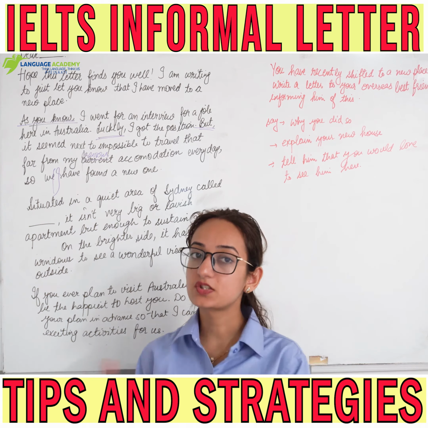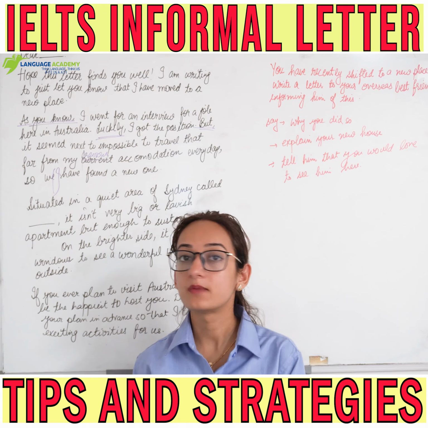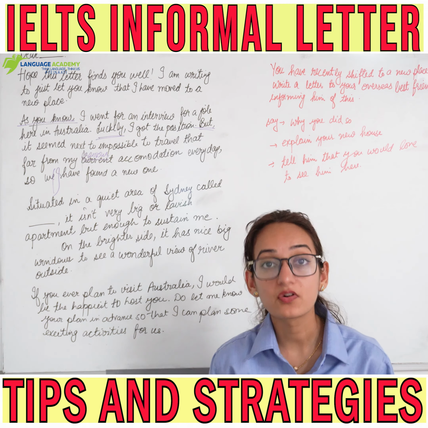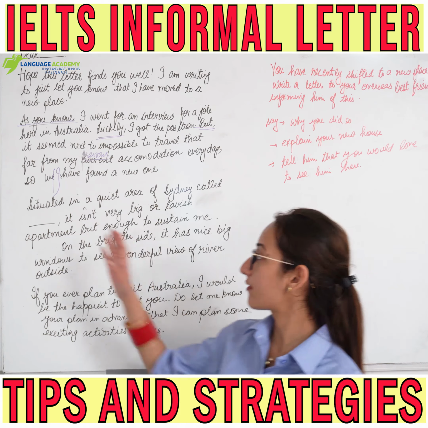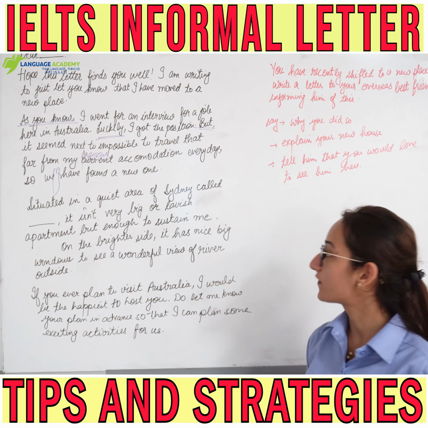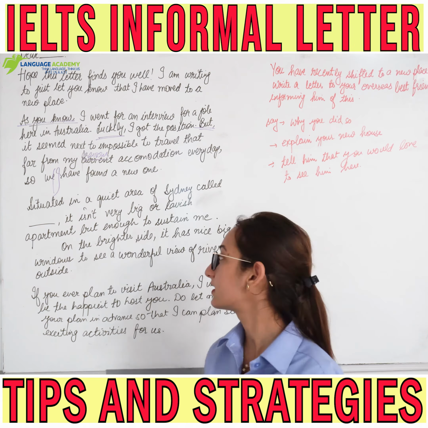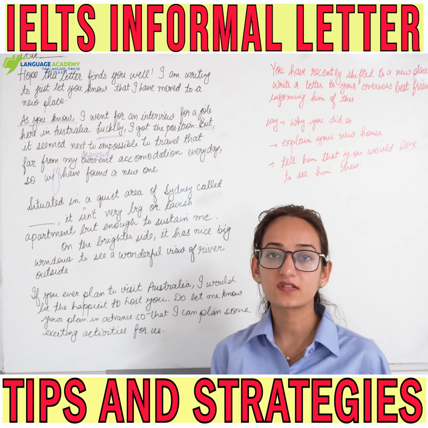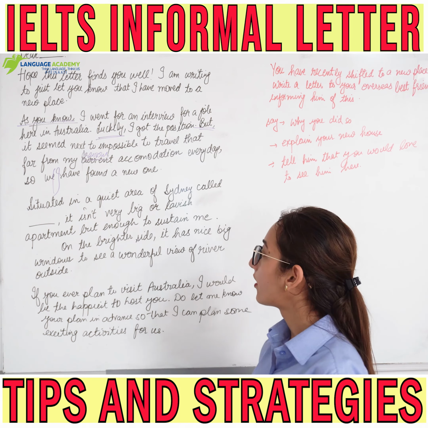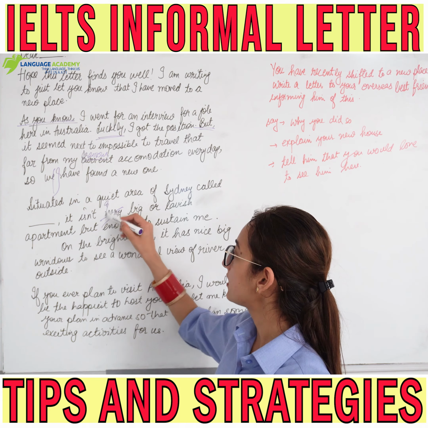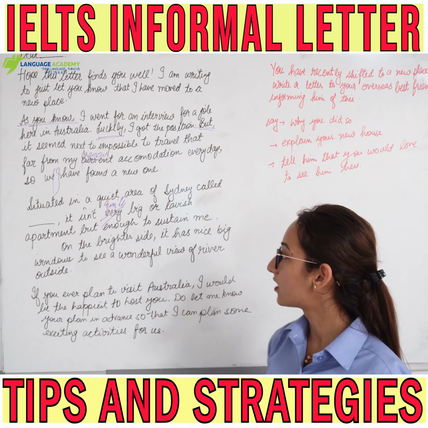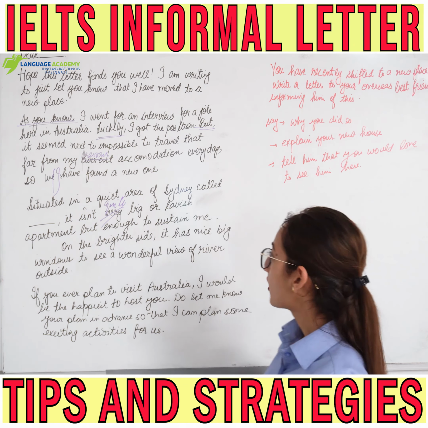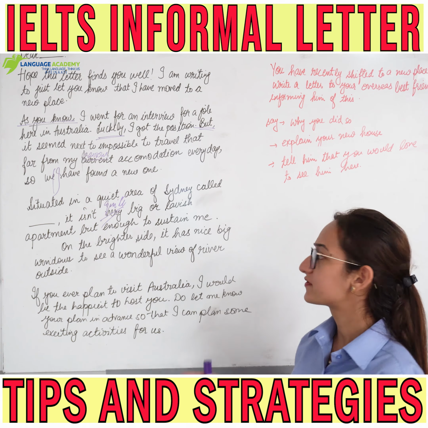So it is situated in a, then that place will again be a simple sentence which we can avoid. We have to try to avoid that as much as we can. So we are writing situated in a quiet area of Sydney called the dash. Now you can fill in anything. It isn't a very big or lavish apartment. Something negative, that it's not quite big, or you can actually avoid the word very. It's not really big, or it's not a massive or lavish apartment, but enough to sustain me.